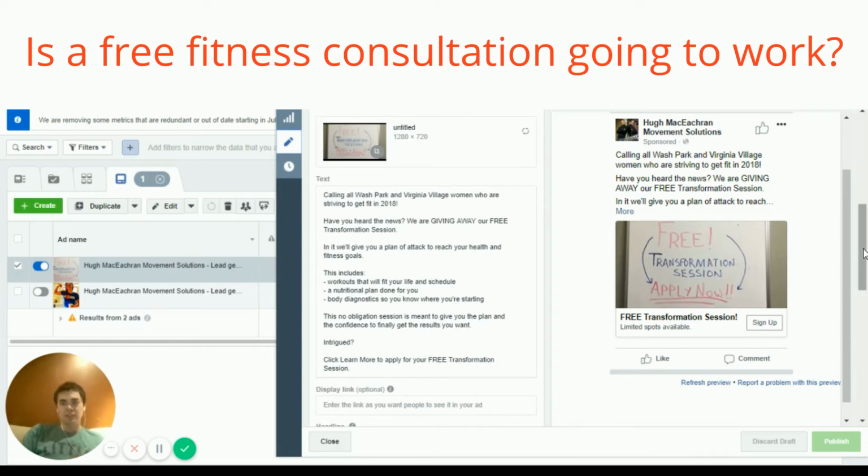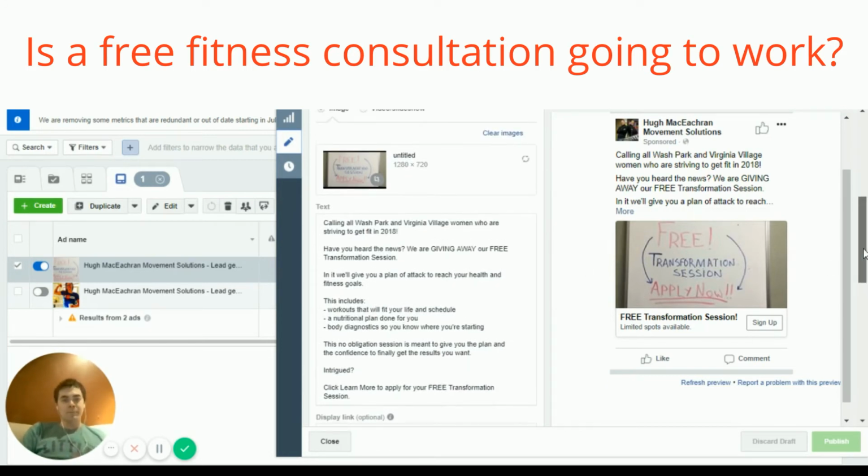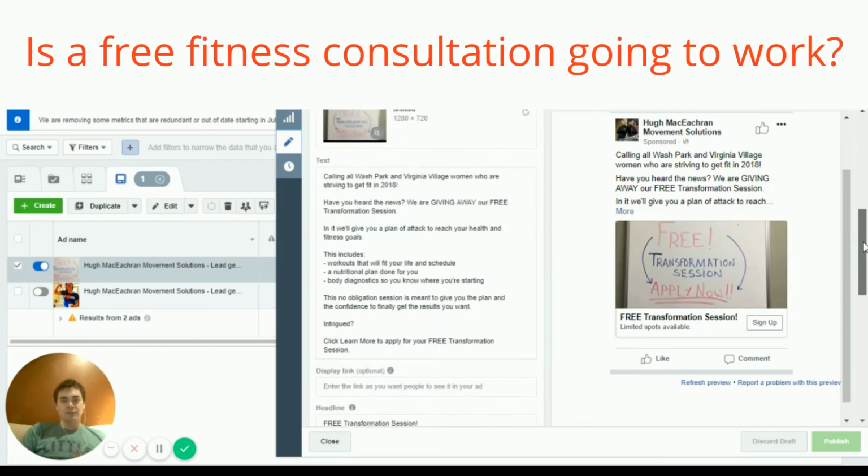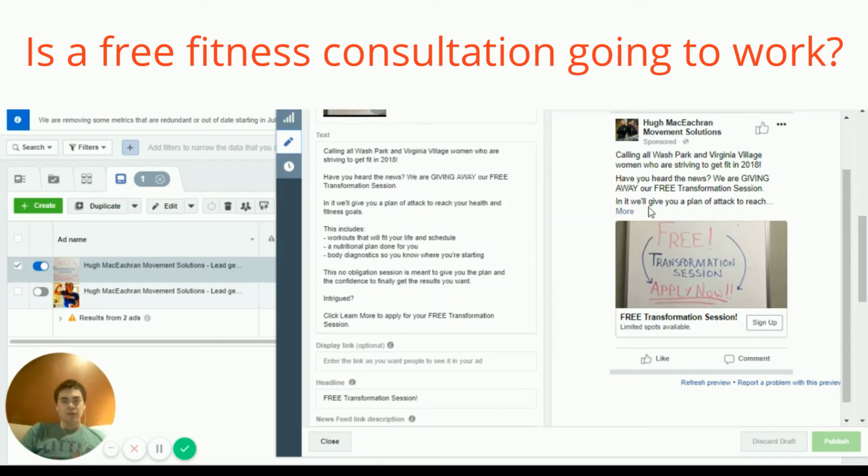I would change this anyway to something showing some of your actual clients getting results as opposed to a boring old whiteboard. So looking at your ad itself, it's great that you call out the location. I think that's fantastic. You always want to do that. We're giving away our free transformation session. Have you heard the news? Well, let me get a little bit brutal on you for a second. This is not news,